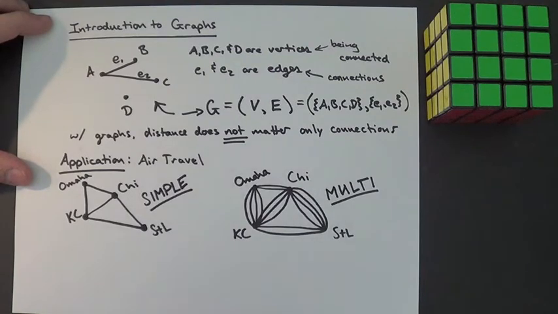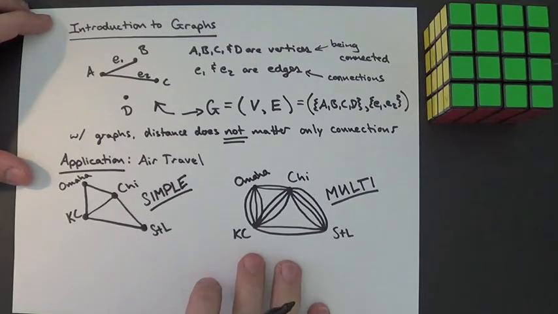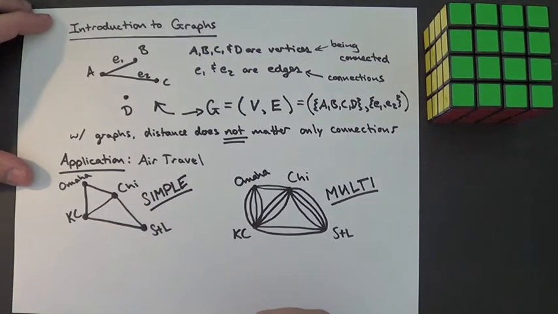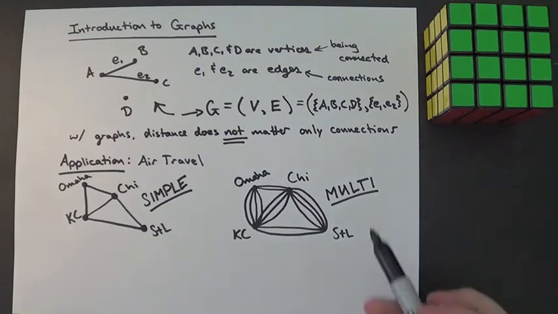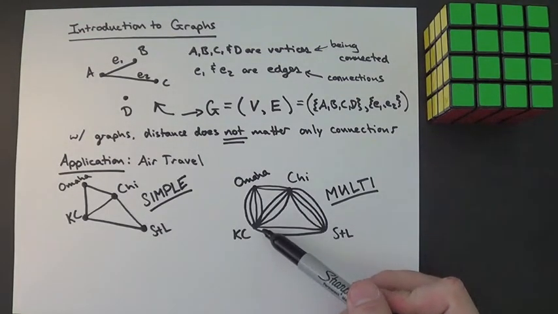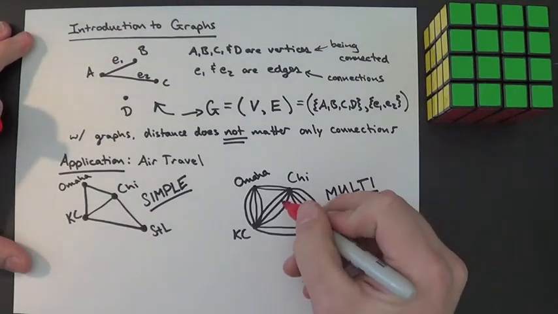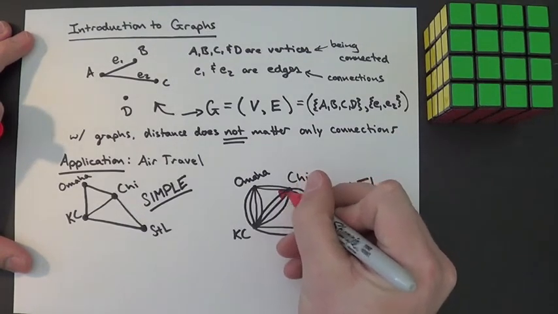In addition to these phrases, now this is going into the next section a little bit, but in addition to simple graphs versus multigraphs, we can also get into directed graphs, which again makes a little bit more sense as far as flights are concerned, right? In actuality, each of these flights is going a particular direction. So instead of talking about just the connections between these 2 cities, I can assign arrows to these edges,